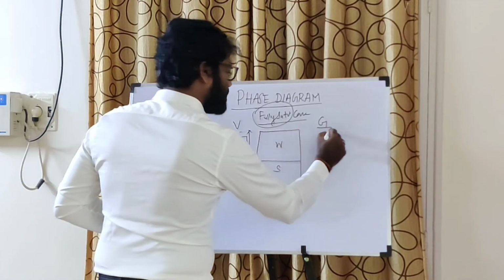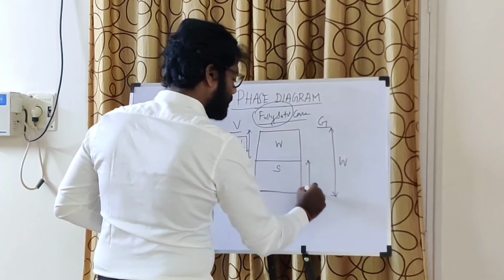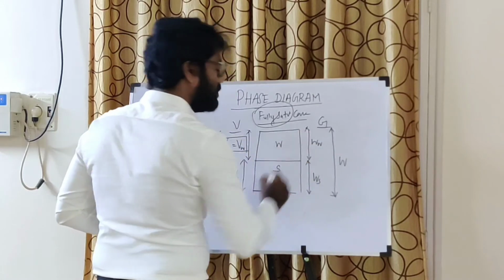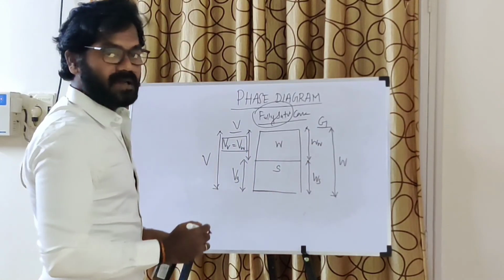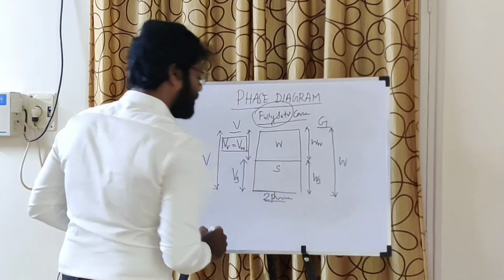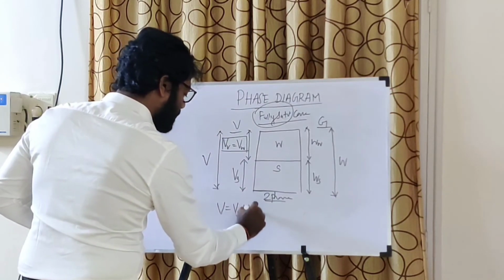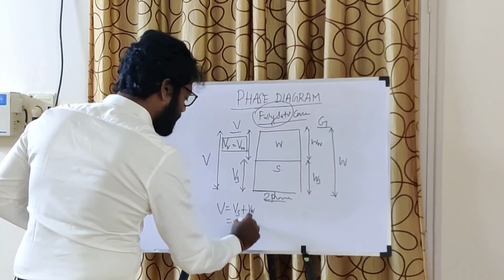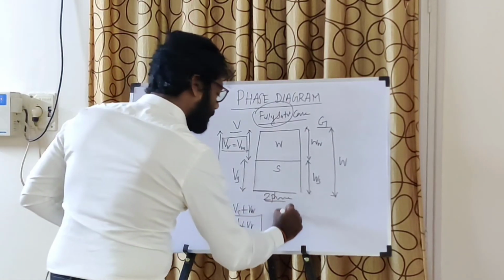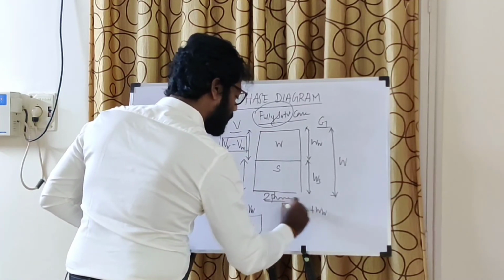Let's go for gravimetric representation. Total weight of the soil mass, weight of solids, and we will be having weight of water, and no Wa is present since no air is present, right? Again this is your two-phase case, right? Now write total volume: volume of solids plus volume of water. In other words, volume of solids plus volume of voids. Now weight is equal to weight of solids plus weight of water.